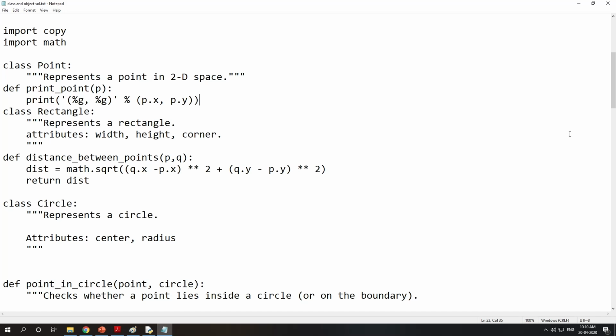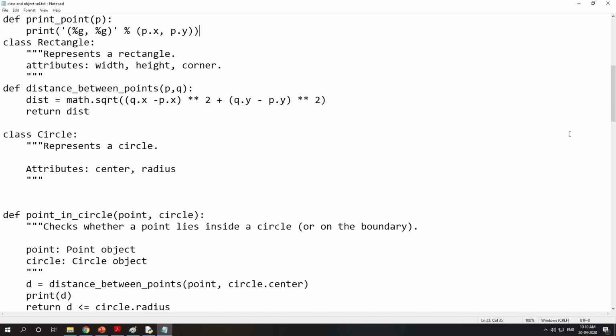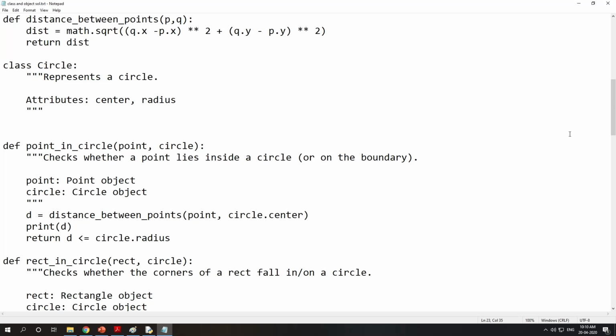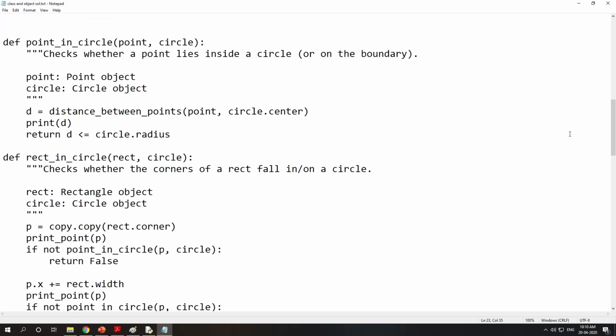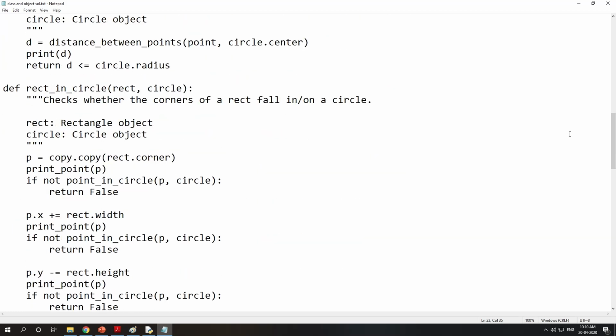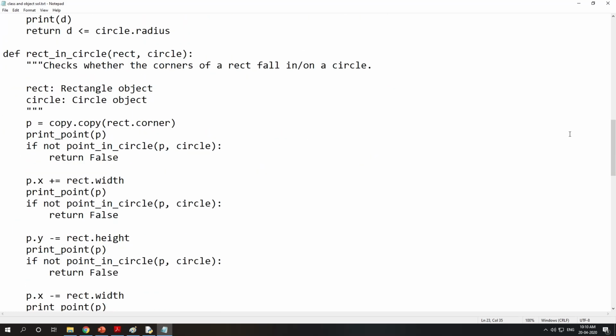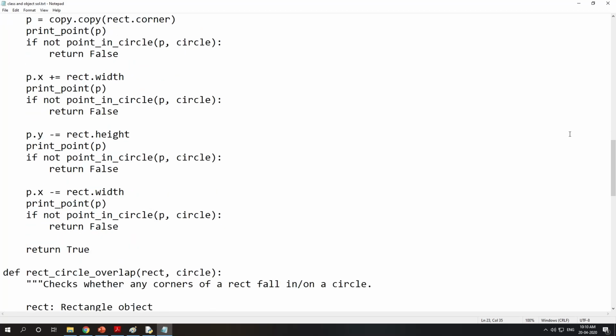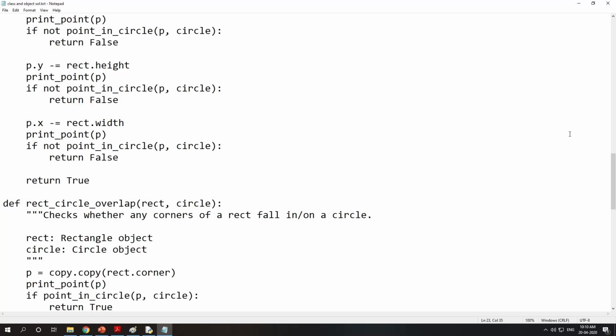I'm scrolling down. This is the biggest program that you have seen till now.